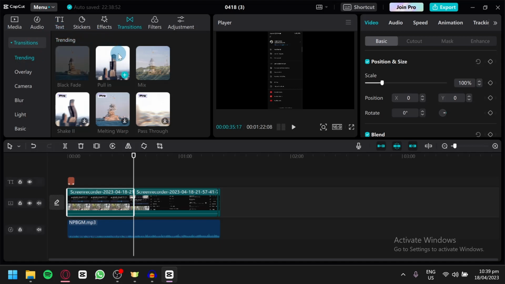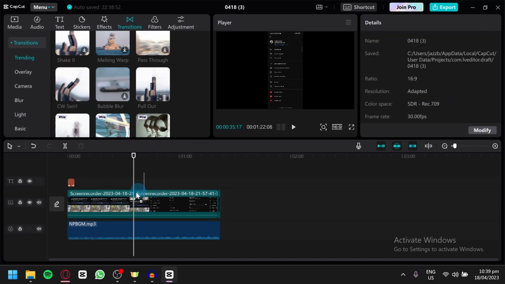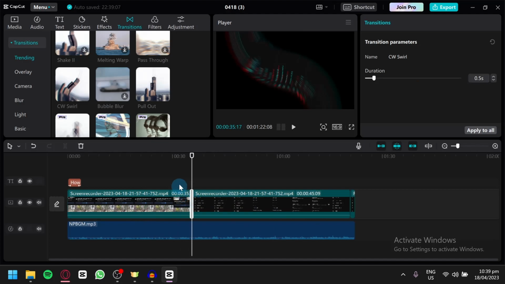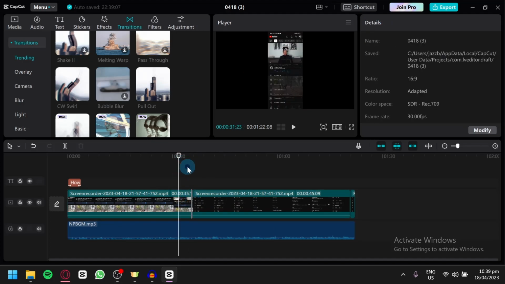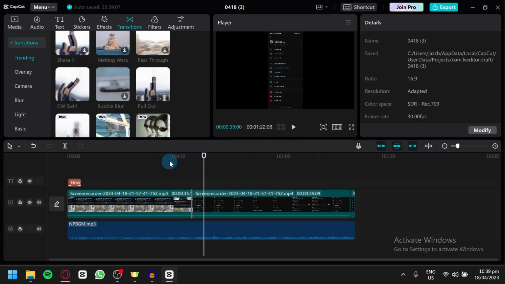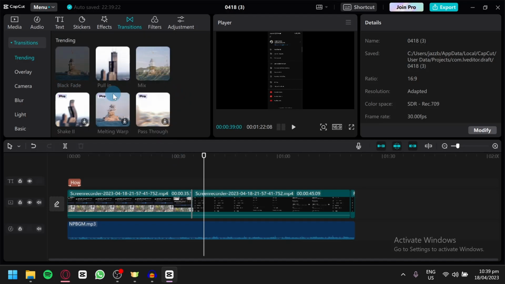Now what I'm going to use is a very simple one. For example, a CW swirl. We're going to drag it and put it in the middle of the two clips that we have cut. And as you can see, when we play this, it's going to have a transition effect that we can see. Basically, you could use any of these transitions that you have, and you're going to need to have two clips to add the transition effect